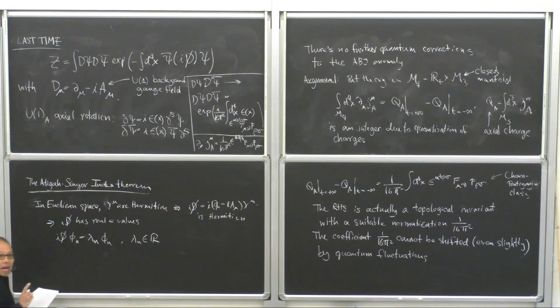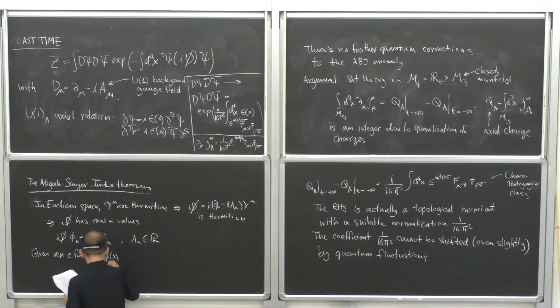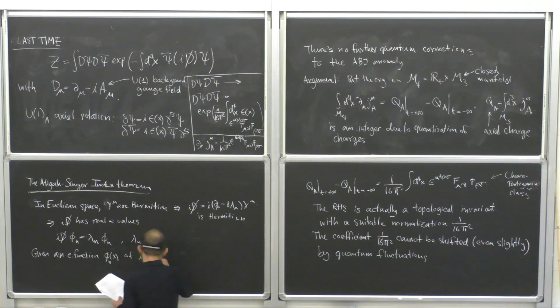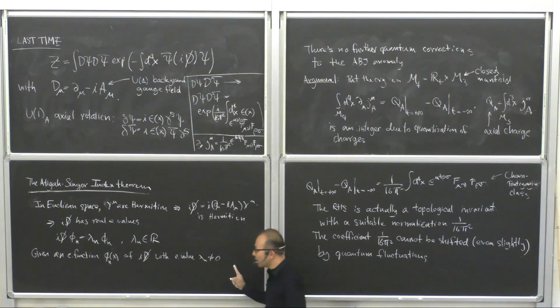Okay, now I will show that if this is non-zero, it comes in pairs. Let me write it down. Given an eigenfunction phi_n(x) of iD-slash with eigenvalue lambda_n not equal to 0, meaning that I talk about an eigenfunction with non-zero eigenvalue,